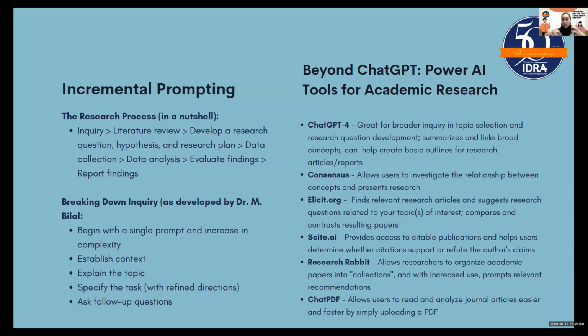The next step is to kind of establish context. Again, these tools rely on input from the user. So if you're interested in learning about a very specific subpopulation or a specific topic, establishing context for the AI will be really helpful in trying to set the scene for what data it's producing for you, or what information